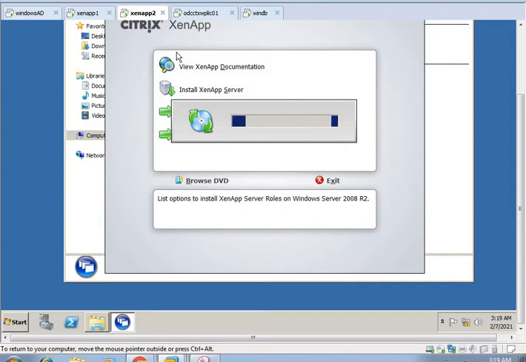At the time of installation, it will ask you to select the edition of ZenApp. There are three editions: Advanced, Enterprise, and Platinum.